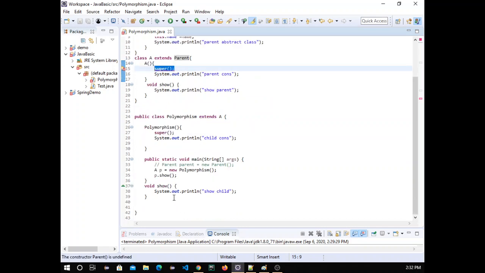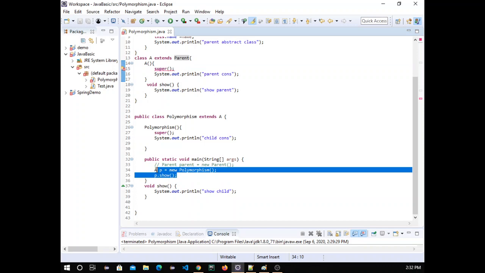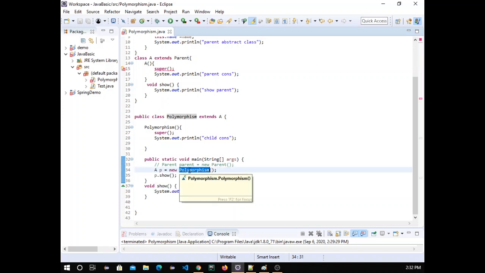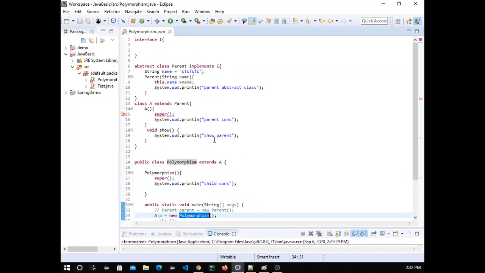And I hope you are aware of what runtime polymorphism is, because if you are very clear about the difference between compile time polymorphism and runtime polymorphism, and why this is called compile time polymorphism and why this is called runtime polymorphism, then you can explain and satisfy the interviewer about what polymorphism actually means. So that's it for this one.